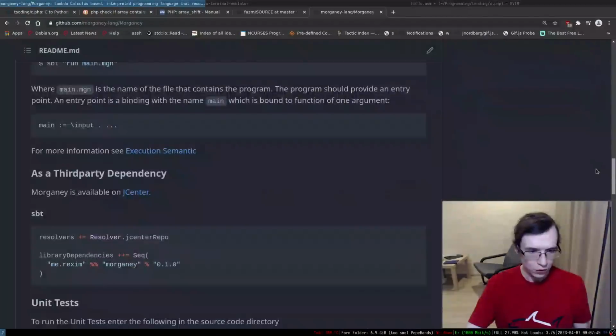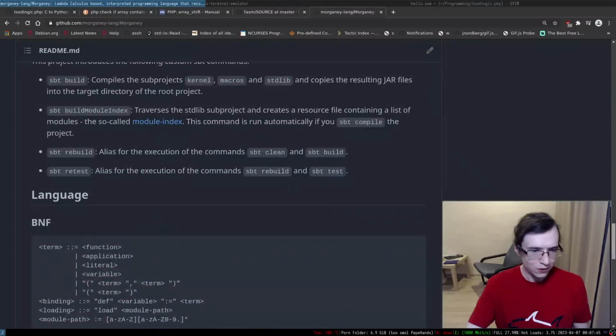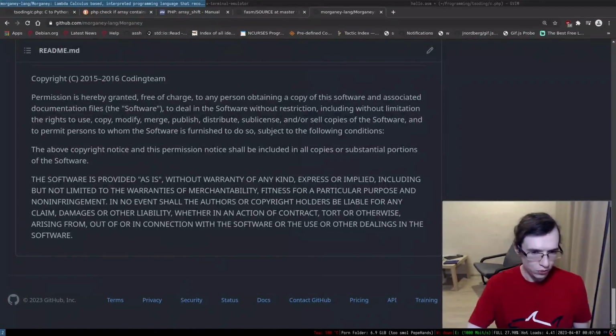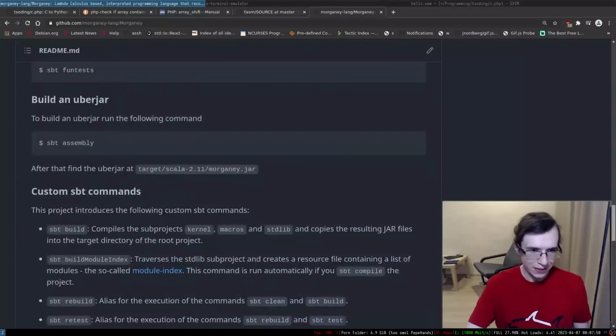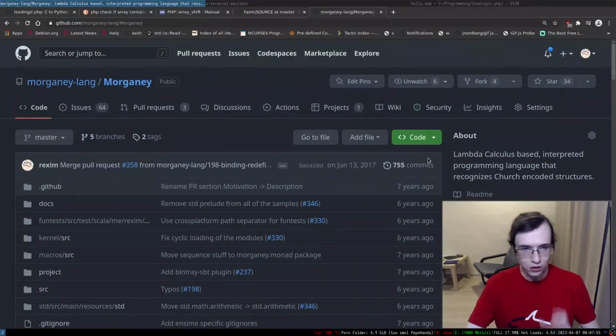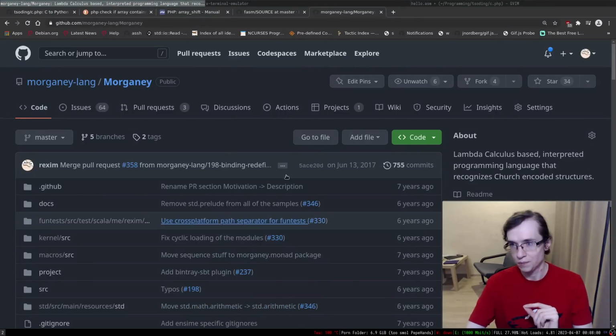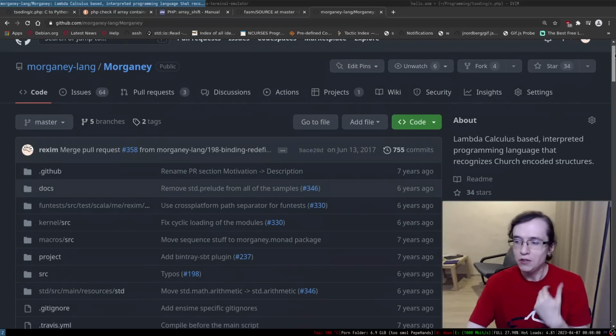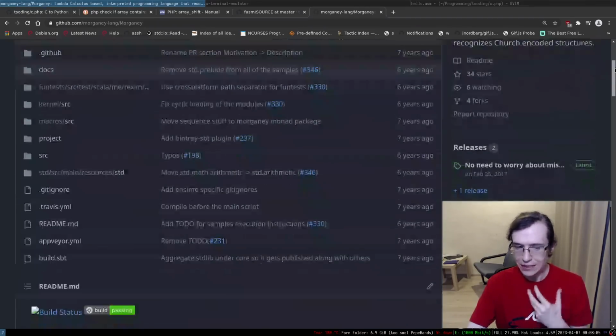2017. Right, and the README doesn't really do a good job at explaining what this thing is all about, but essentially this is pure untyped lambda calculus, literally pure untyped lambda calculus. So you don't have even numbers in them, right? You don't even have any numbers there.